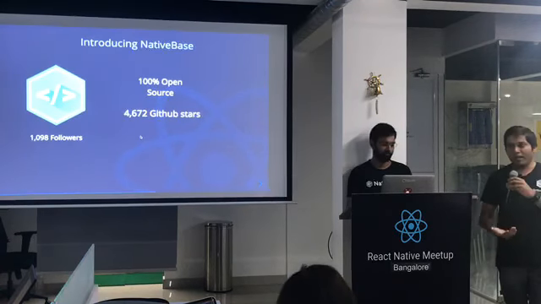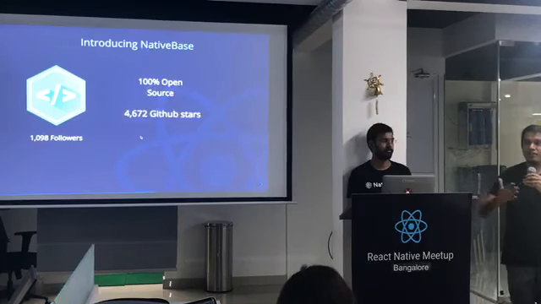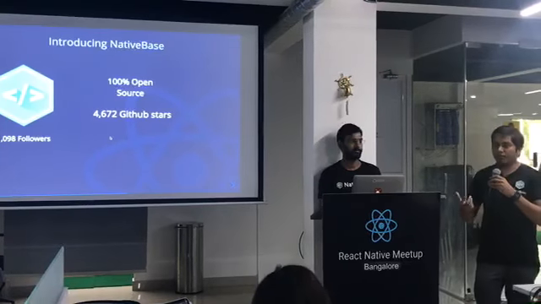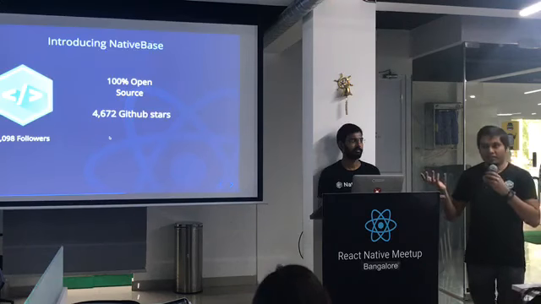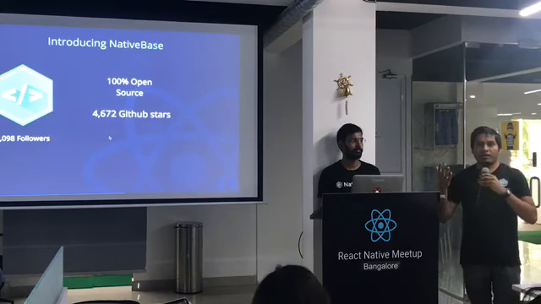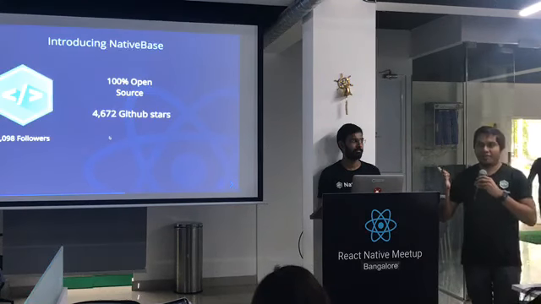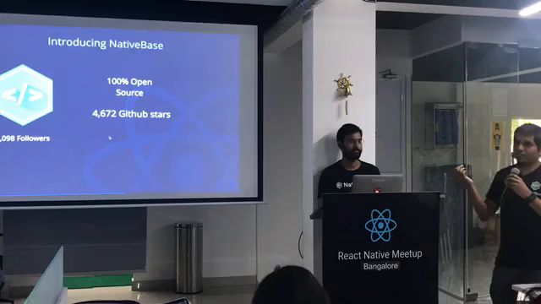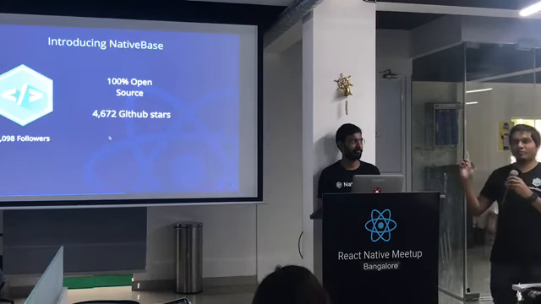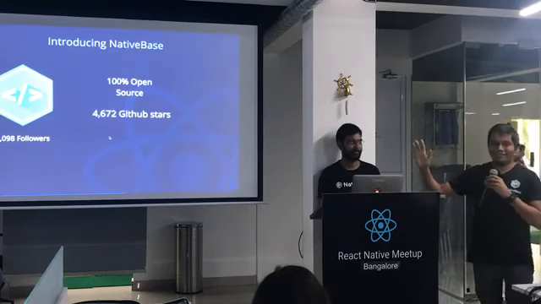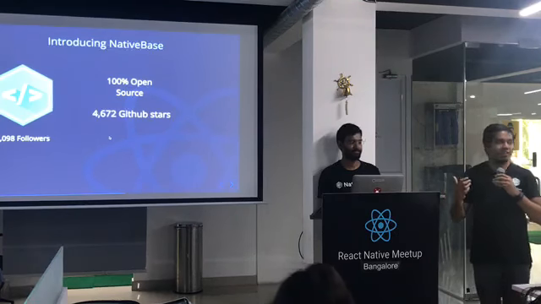We started working on mobile apps. We started building components which we internally used for multiple apps, like button, tabs, and all those things. Later we open sourced that part, and we called it NativeBase. And that's how people also started using it. There was a need for some sort of UI library, and that's when we introduced NativeBase. As of today, we have 4,700 stars. When this slide was made, it was 40 less. So it's 4,700 and something at the moment. And maybe in a couple of weeks we'll be hitting 5,000 stars.